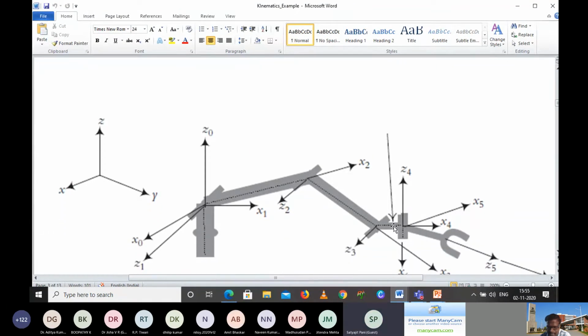Yeah, this small dotted line. Which one is it joining? So it is the X3, normal to Z3 and Z4. Yeah, very good. So this is normal to Z3 and Z4. So the parameter is not D, it is A. Please take a note, sir. So you will have a parameter A4 there.